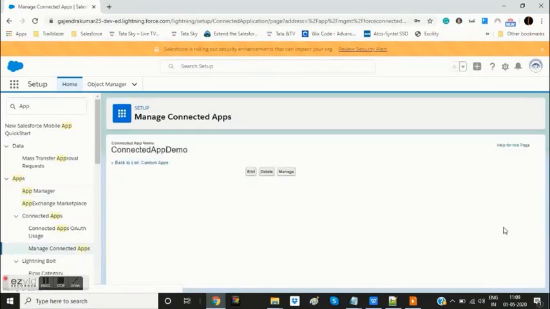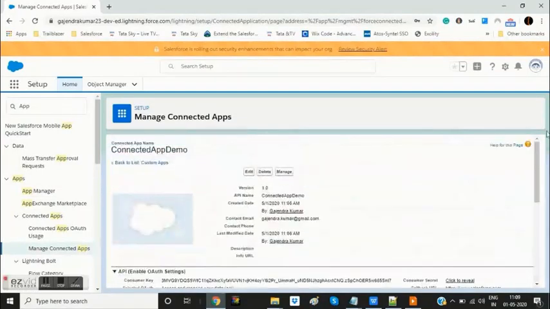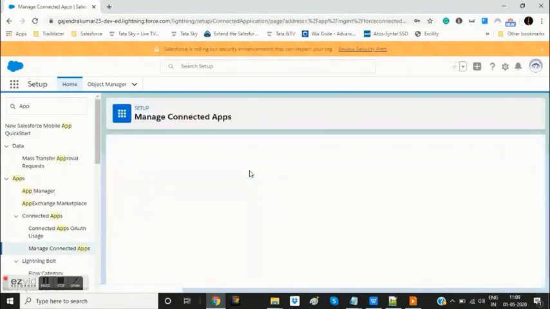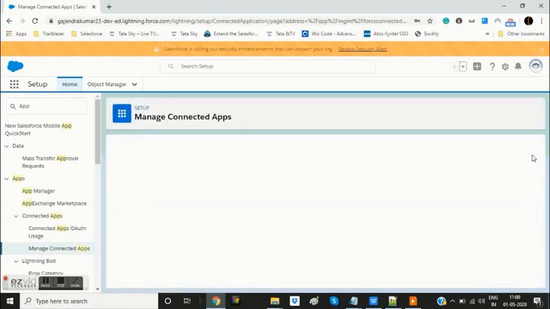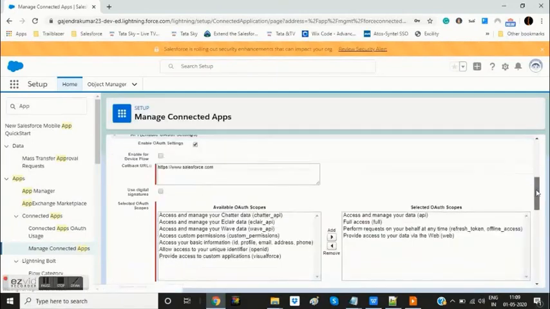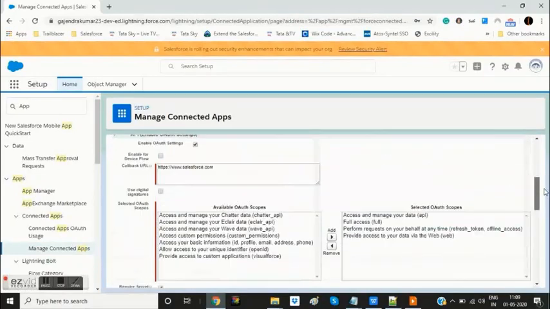If I just scroll down, or rather if I just click on the edit button, scroll down, there are no changes over here, it still remains the same.